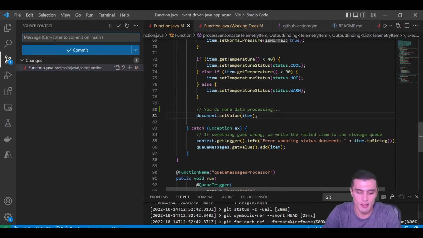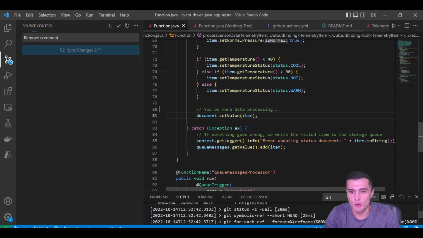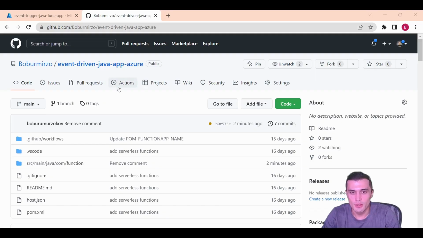If we commit and push these changes now, let's provide the commit message, remove comment, and if you click commit and push, it will push these changes directly to our main branch.